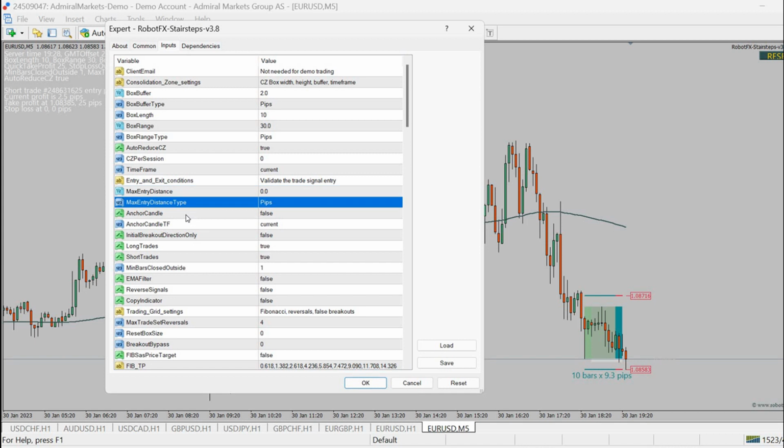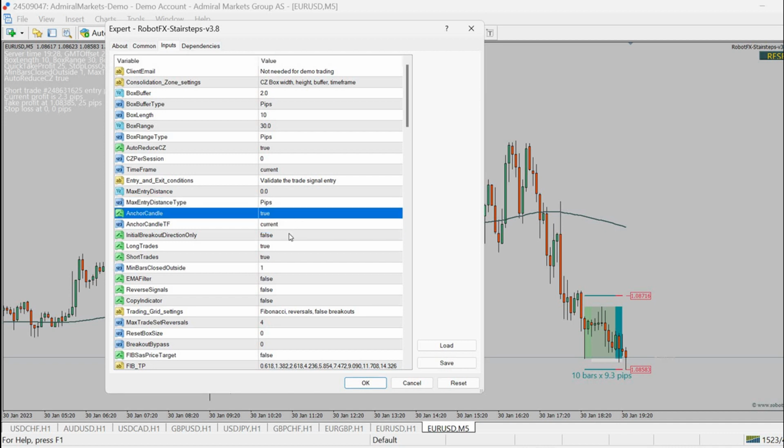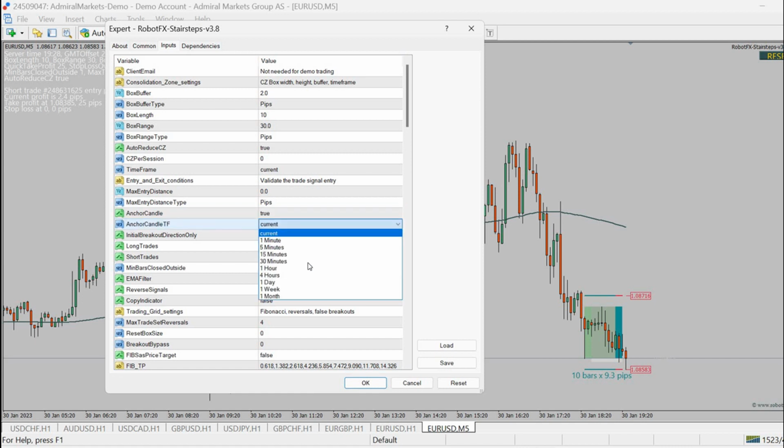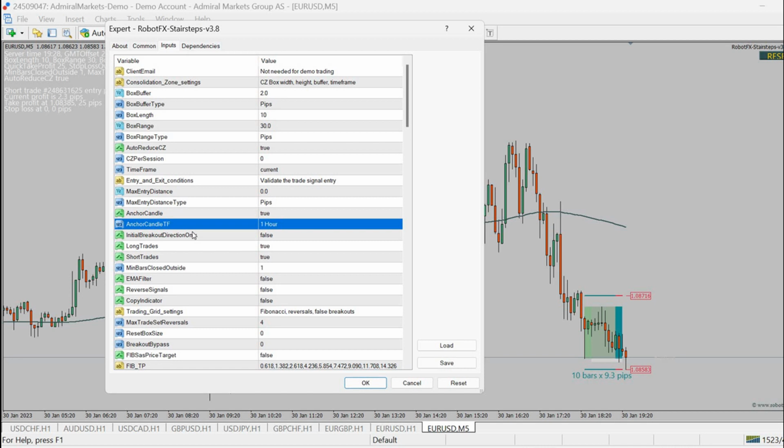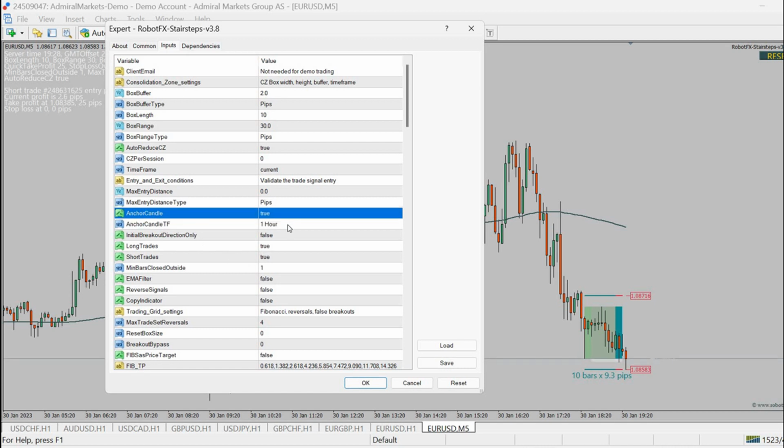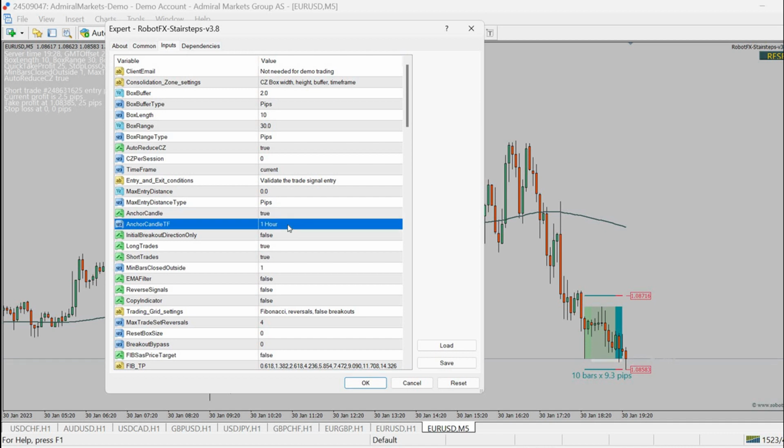Now, there is a possibility to use an anchor candle or not. In my example, it's set to false. However, if you are using it, that means that if the anchor candle is set to the current time frame, in my case, but let's set it to a higher time frame for a better explanation. So what does it mean if using the anchor candle? Because it is set to 1 hour, it means that if the price now is above